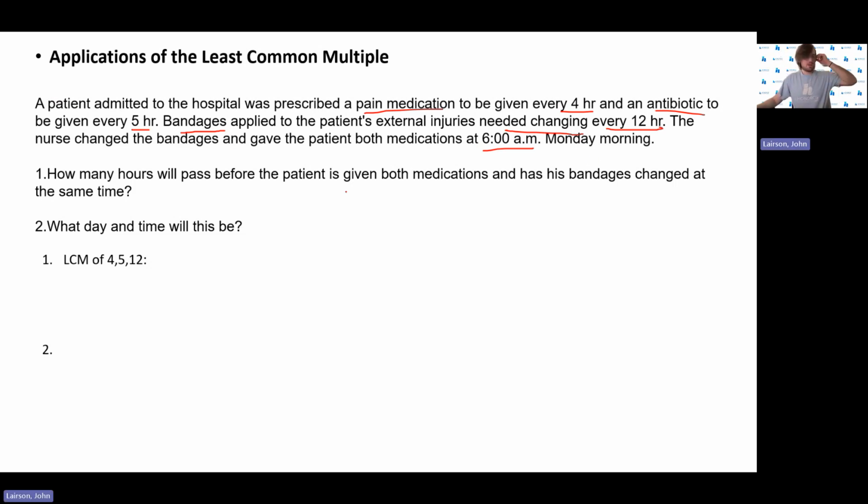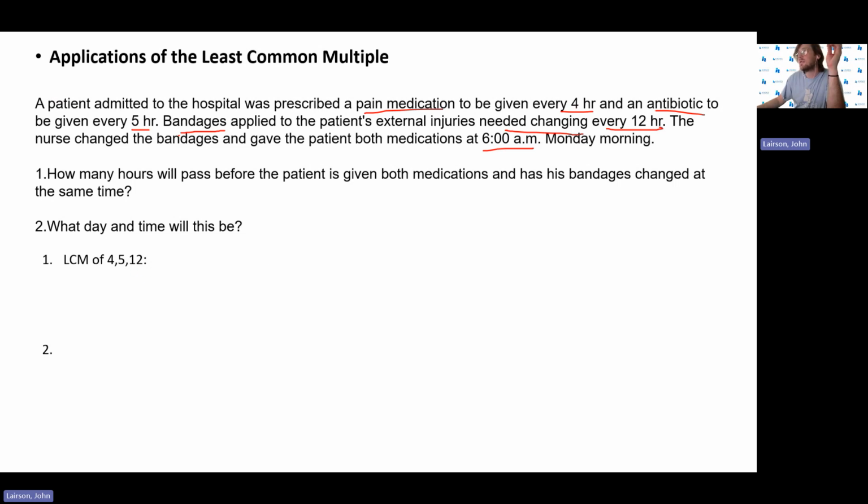And so the one thing we can use the least common multiple for is to figure out when, even though they're all happening at different time intervals, they would all happen again at the same time. And so if I find the least common multiple of 4, 5, and 12 hours,